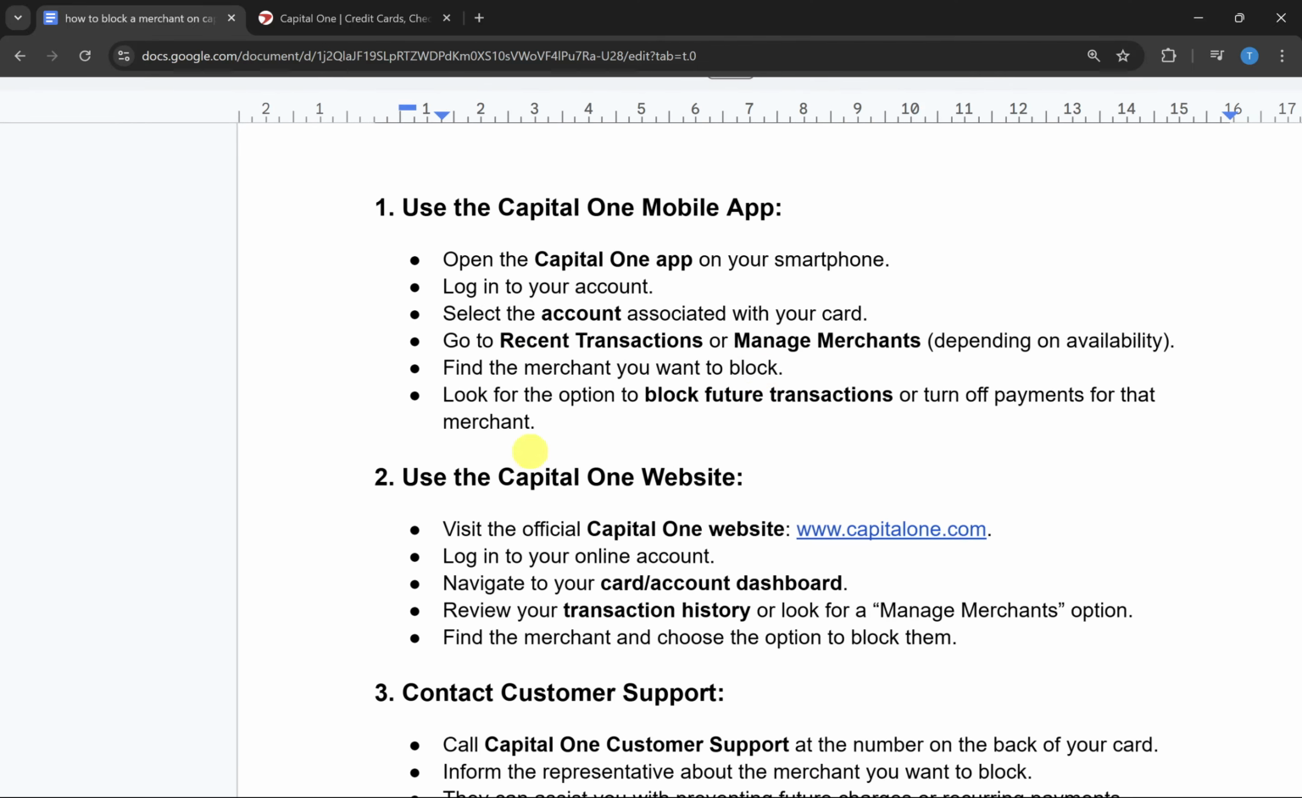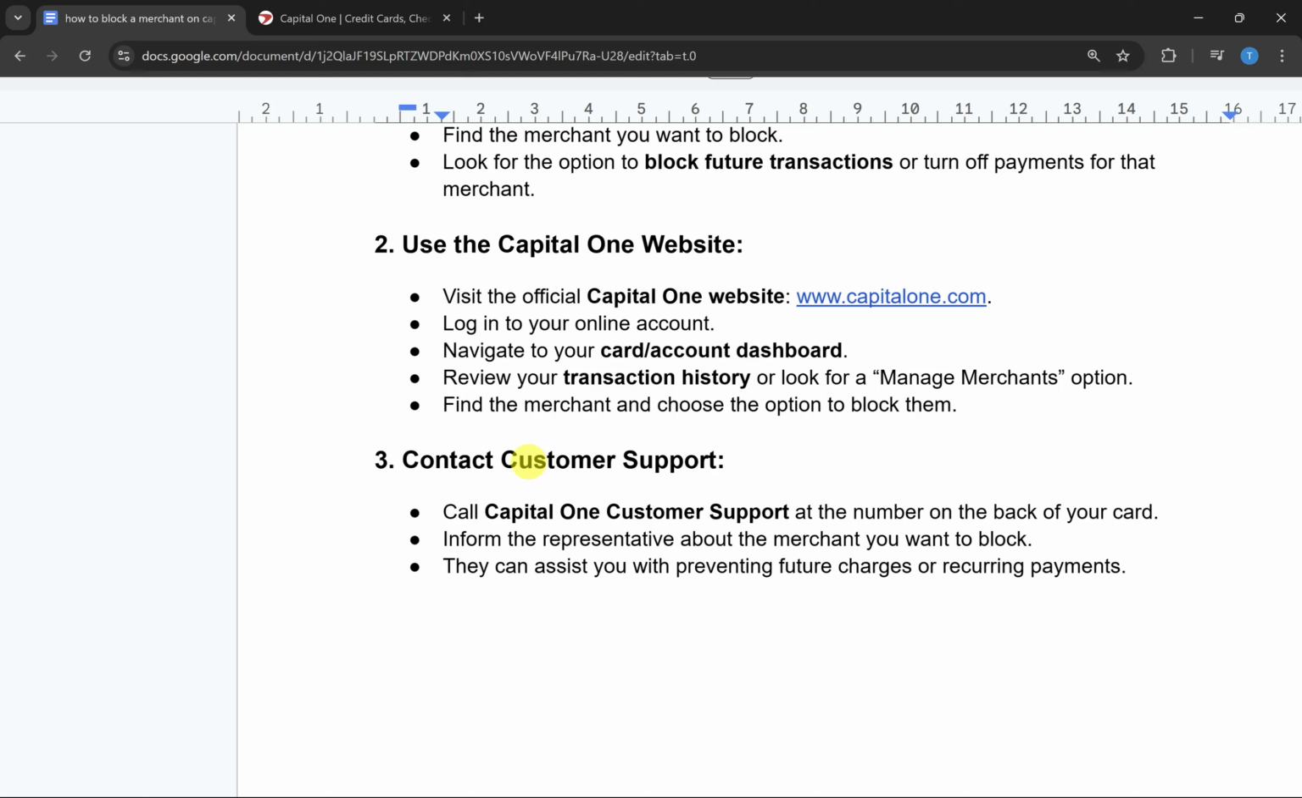If any of them doesn't work, you can contact customer support. You can call Capital One customer support at the number on the back of your card. Inform the representative about the merchant you want to block, and they can assist you with preventing future charges